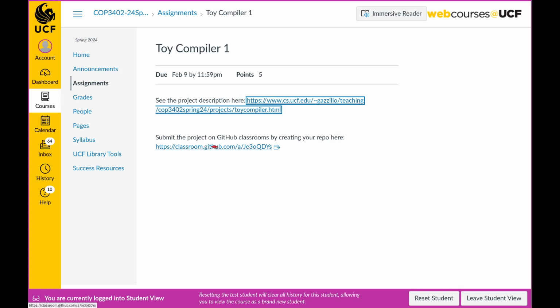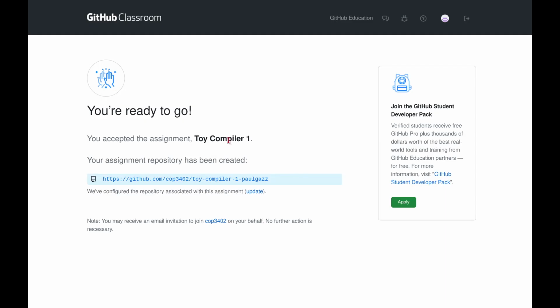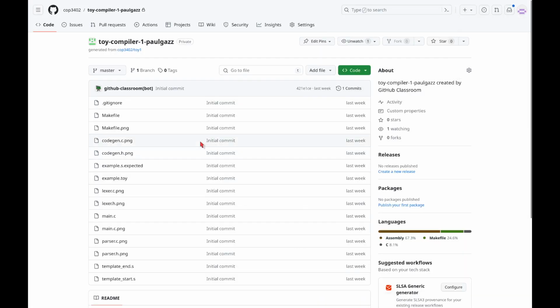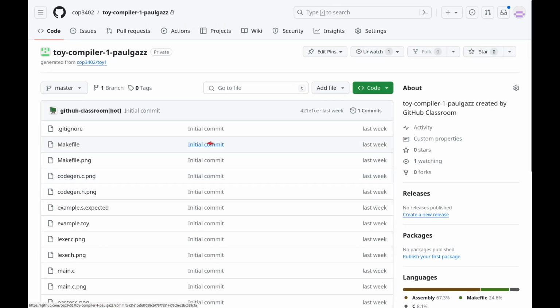Okay, so just like with the Git sandbox, you click on this link, and it will ask you if you want to accept this assignment. You click accept, and then if you refresh, you should get a link to your repository. So here's my repository on GitHub. Assuming you've set up Git with your SSH key and Vagrant and done all that from last time,